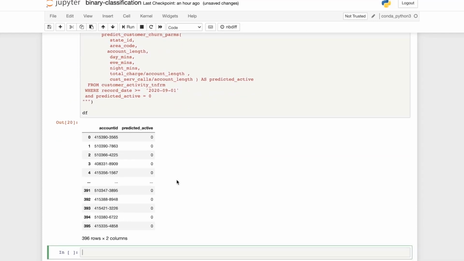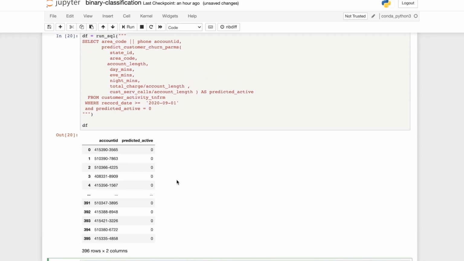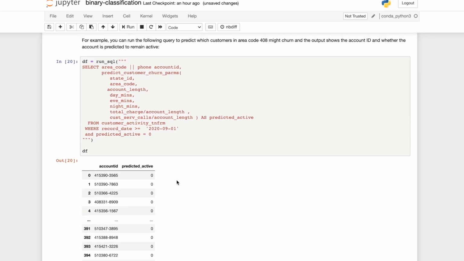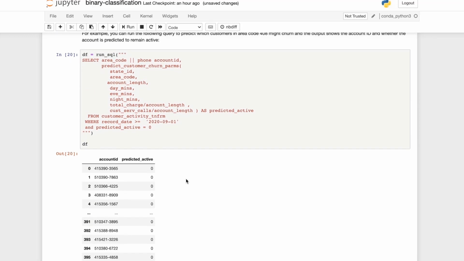And as you can see, she came up with almost the same number of records as the previous model. This one came up with 396 records or customers predicted to churn, and the other one was 380 that we did previously in the visual editor.